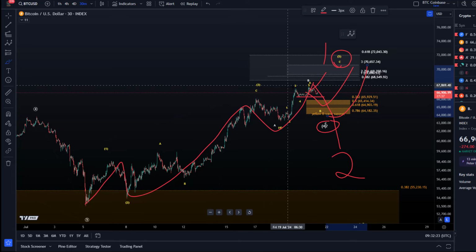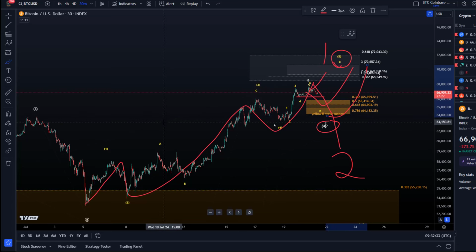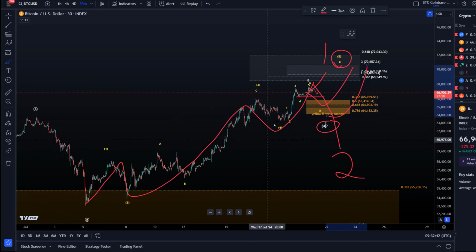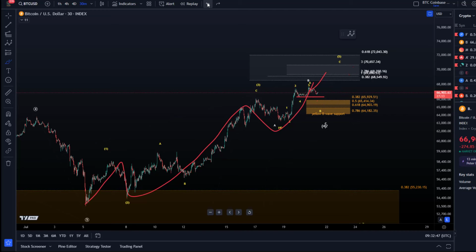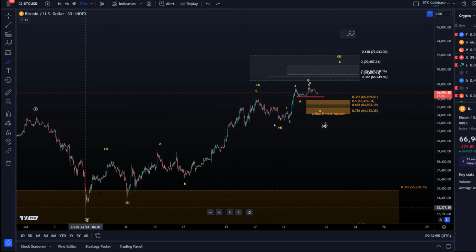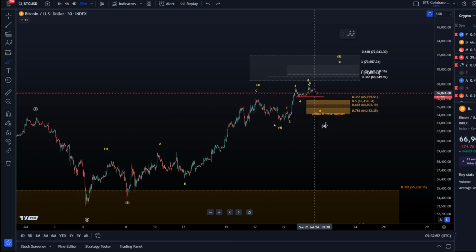So, in simple wording, if we get a deep pullback from here, I would first watch if it's a wave 2. And I would only do that because on the larger time frame here, zoomed out, we can already recognize 5 waves. But ideally, we push a little bit higher before we see that deep pullback, because the 5-wave move up that we've already seen, which in Elliott Wave is always a confirmation that the trend is up, is not ideal yet. Okay, and I would like to see it reach at least the minimum targets for a 5th wave, and they start at